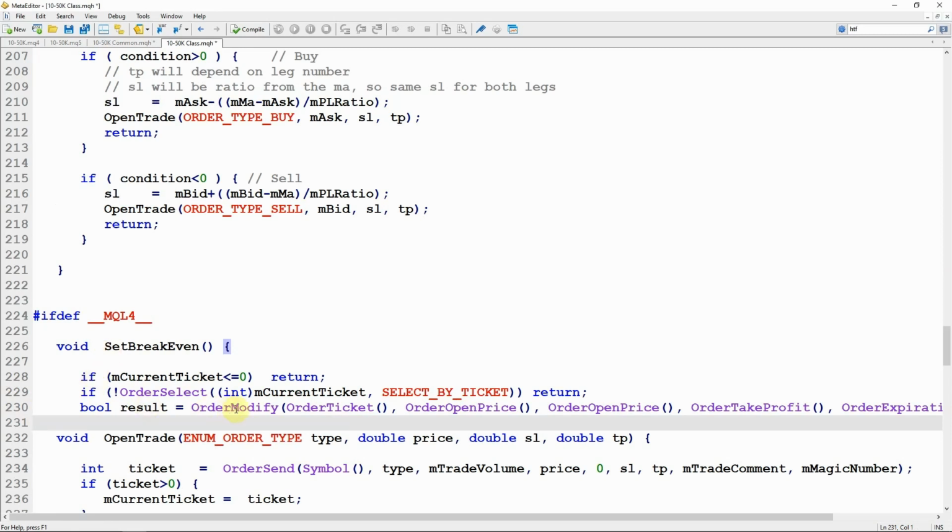And then I'm calling the order modify function, passing in the order ticket with the order ticket bracket, so that gets the ticket number for the currently selected order. I'm getting the open price for the currently selected order. It's one of the arguments to be passed in, although you can't change the order open price. And the next argument is the new stop loss price, and I'm just passing in the order open price from